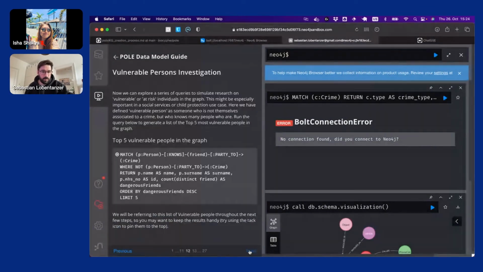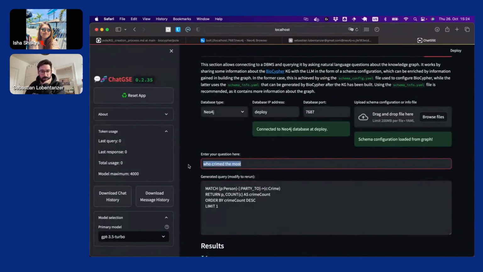So I saw this one, the vulnerable persons investigation, where you try to match for a person that has many friends that were associated with crimes, but that wasn't associated with any crimes themselves. So if you manage to ask the language model in the right fashion, then this also works.